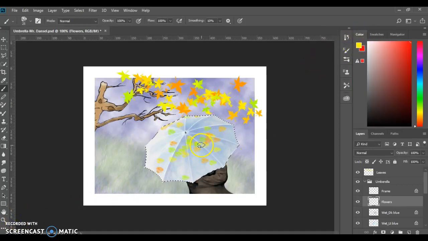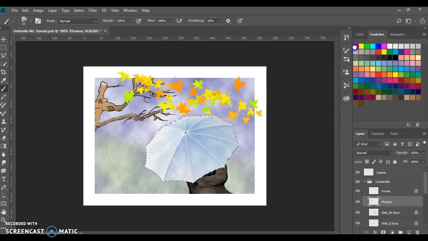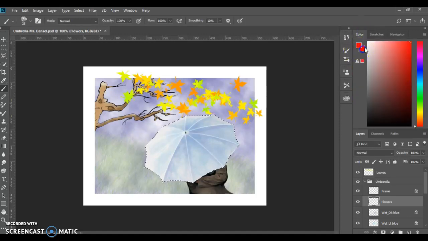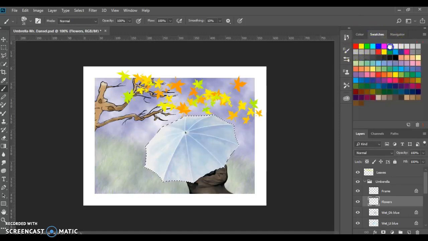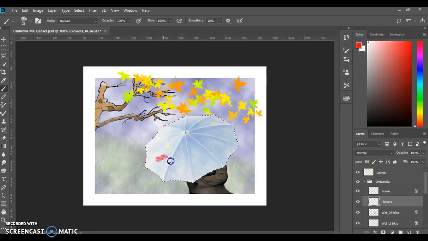You may have already figured this out, but I actually made red my background color, and that's not what we want. I'm going to undo, and I'm going to select my foreground, make sure it is red, make the background white, and now when I select,